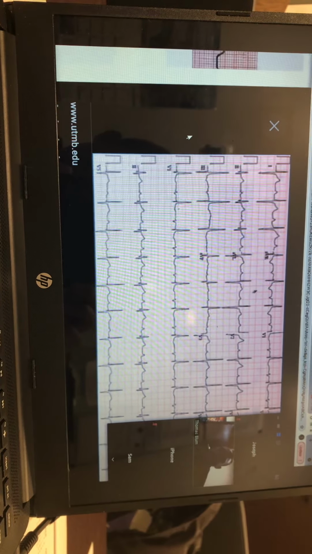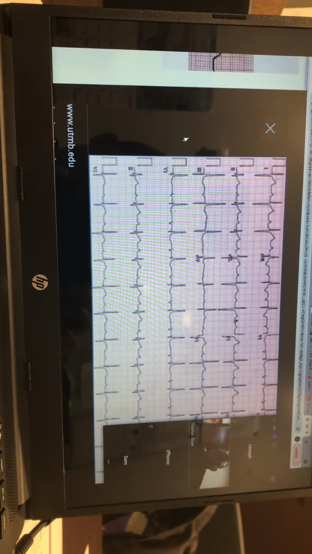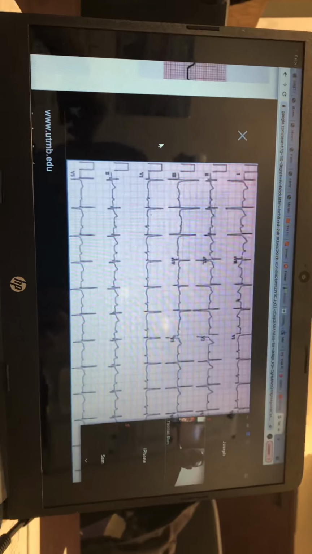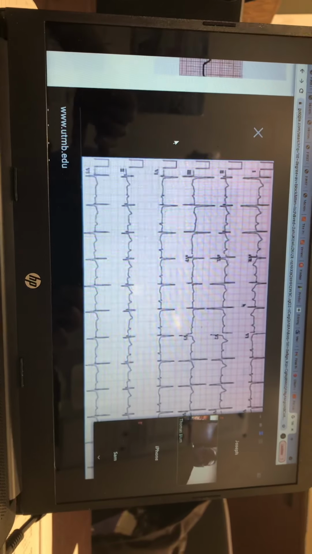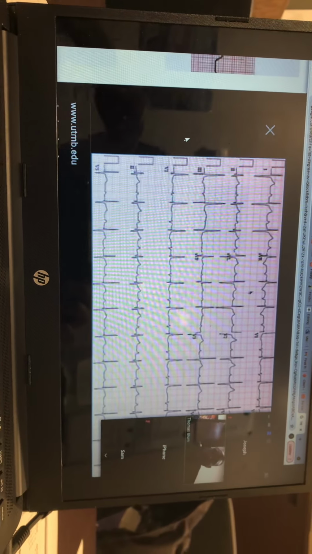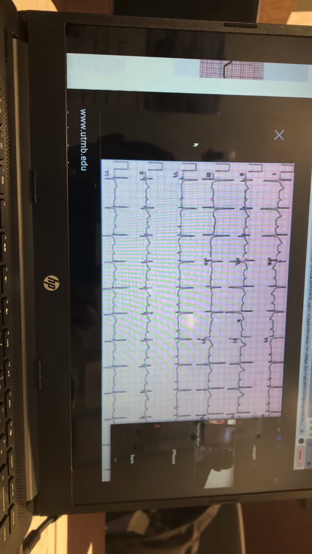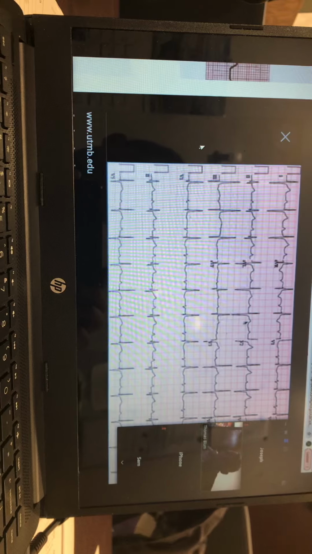I'll go over to AVR. It's very common for the T wave in AVR to be inverted, so there's no harm, no foul there. But I do have some P wave inversion, which is an abnormality, but not too concerning in relation to my ischemia injury situation. So I'm going to go over into my septal and my anterior leads, my V1, V2, V3,